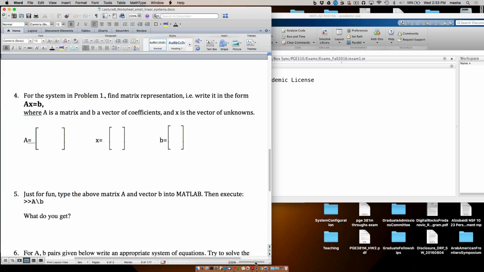So for the system that we had on the first page,